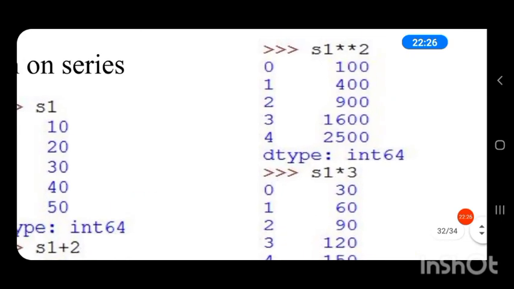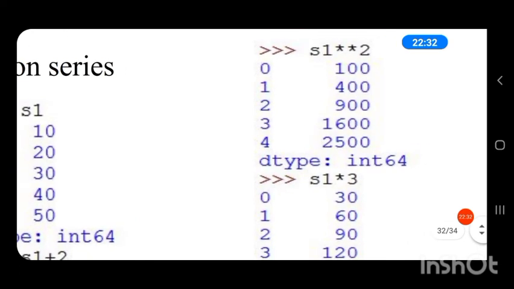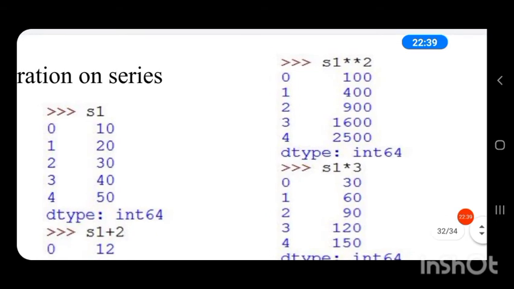Let us see if we do S1 star star 2. That is, if we find the square of the series, then you can see the power is applied to all the elements in the series.